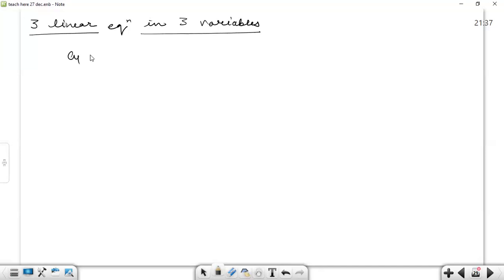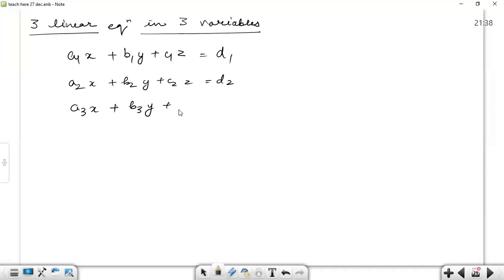Linear equations in three variables. So the first linear equation can be a1x plus b1y plus c1z equals to 0. X, y, z are the variables. A1, b1, c1 are the other constants. It may not be equal to 0. It can be equal to anything. Third equation is